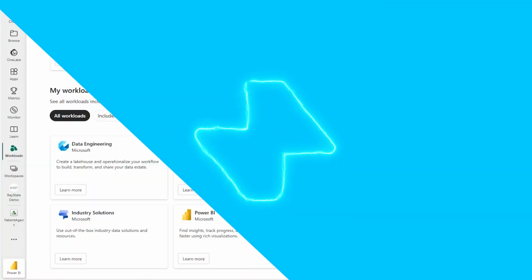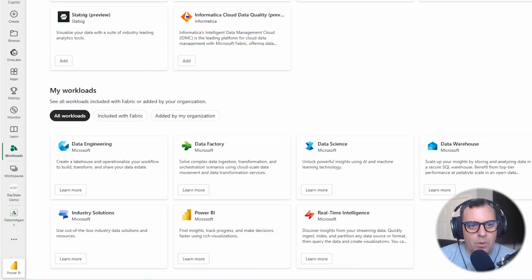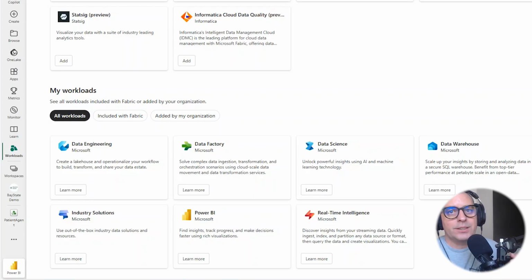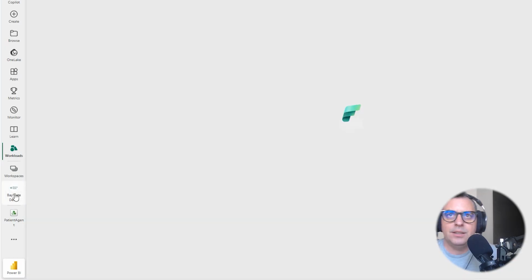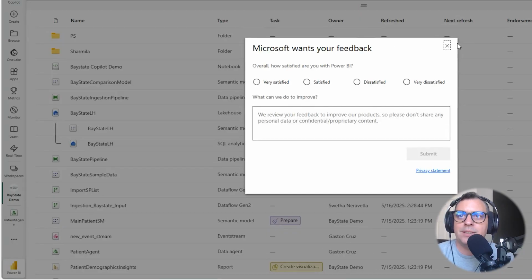So let's do this. Let's head to my machine and check exactly this in a live demo. First of all, let's check on the Fabric workload. Remember that that is always the initial path for all of us, going to any of the workloads around the Fabric space. But where we are going to start today is if you already have your workspace. In this case, I have my workspace.